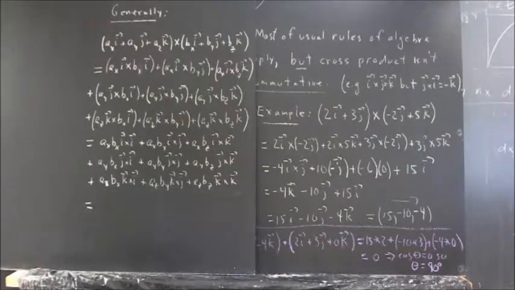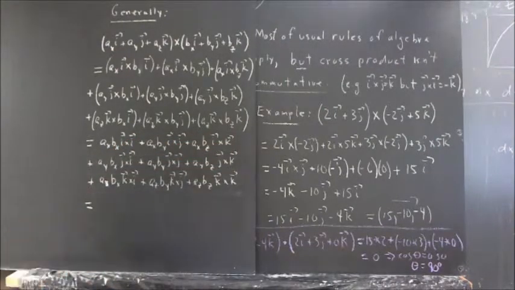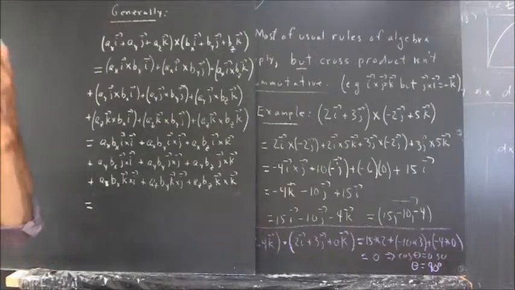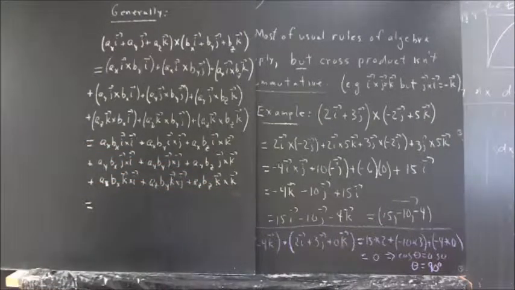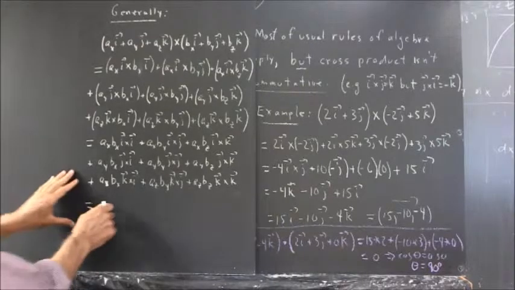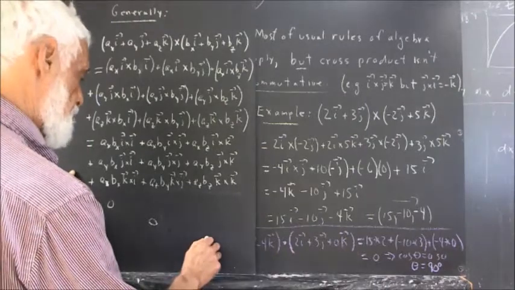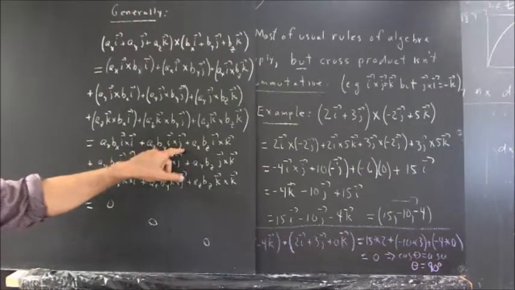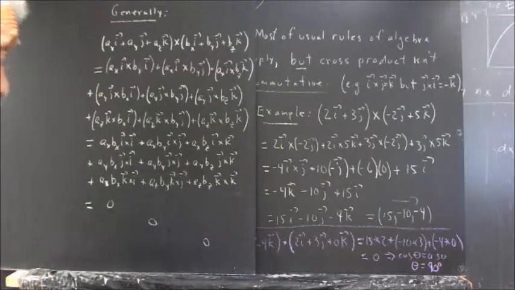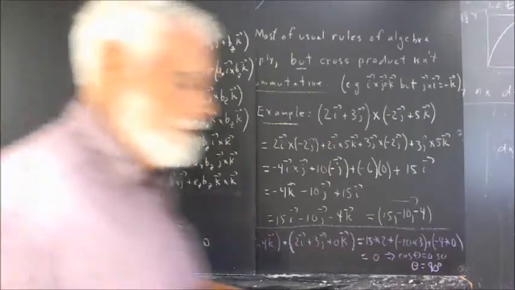The next step is to replace i cross i with what that is, i cross j with that result, i cross k. We have all the rules, and the rules are simple. First of all, i cross i, j cross j, k cross k is going to give us 0. So we're going to have a 0 here, and we're going to have a 0 here, and we're going to have a 0 here. Okay, now i cross j, and we might want to go back to our right-hand rule,